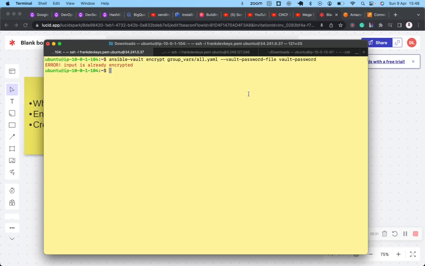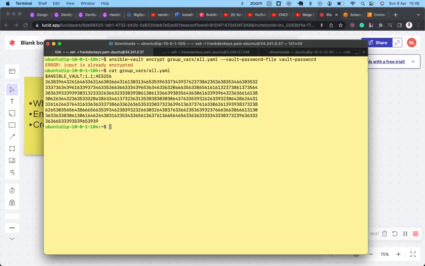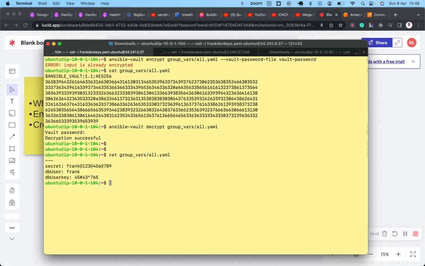So the input is already encrypted. Let me decrypt, because as you can see it's already encrypted. So let me decrypt this and re-encrypt again. I'll say ansible-vault decrypt. It asks for the password, and that's been decrypted. Now if I check it, you can see it has been decrypted. So let me encrypt it now. To encrypt it, I will say ansible-vault